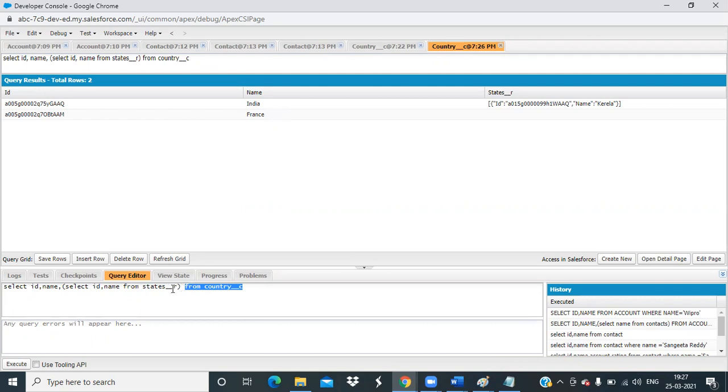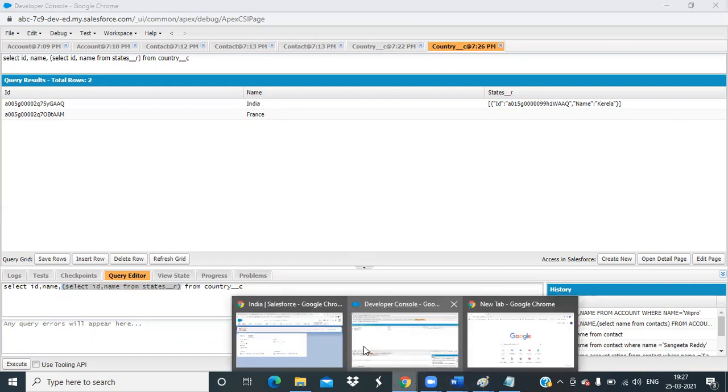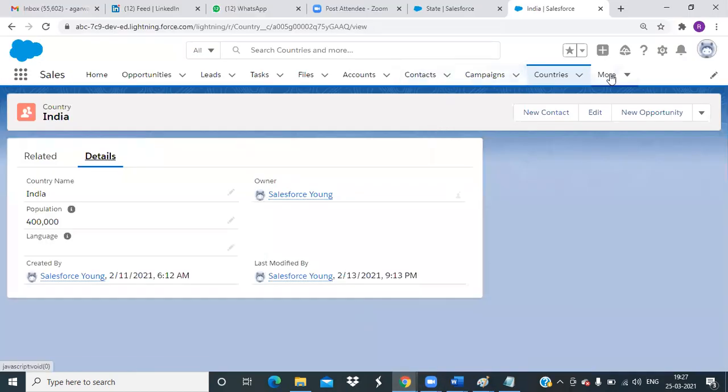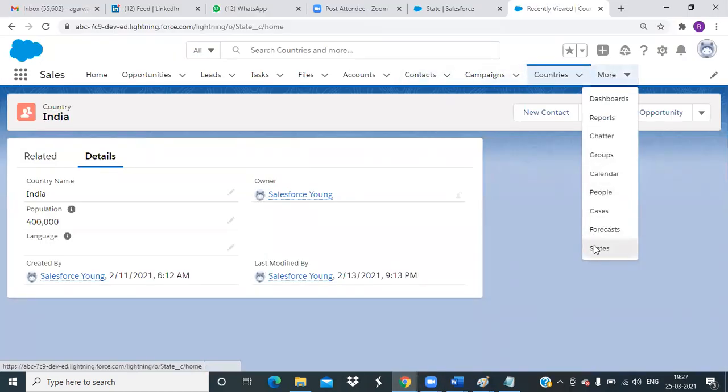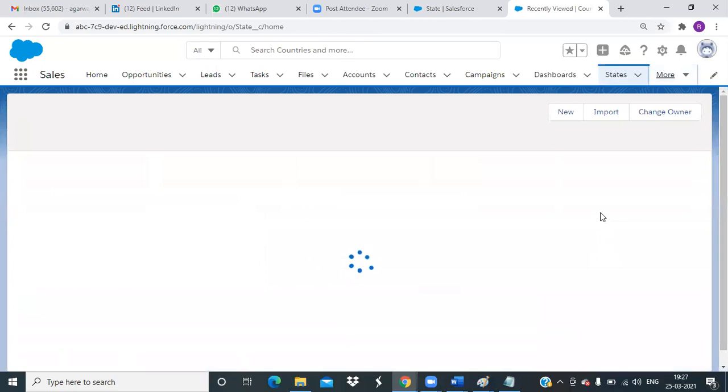Sometimes it becomes a little confusing where we should put underscore R. So underscore R will come in the relationship query. And what is the relationship query? This is the relationship query. Now similarly, suppose state is my child object.